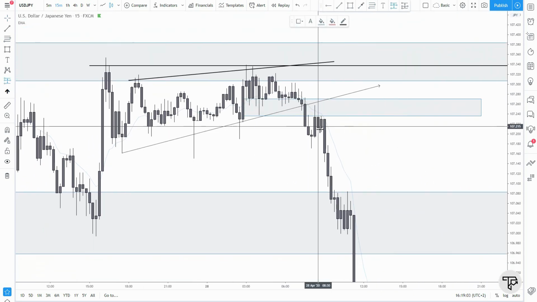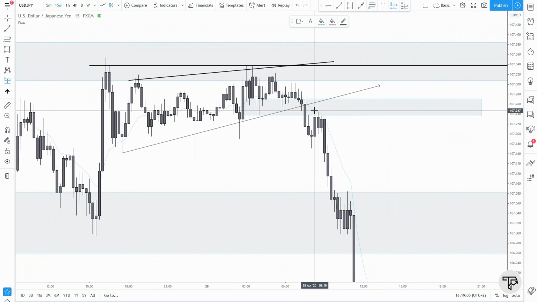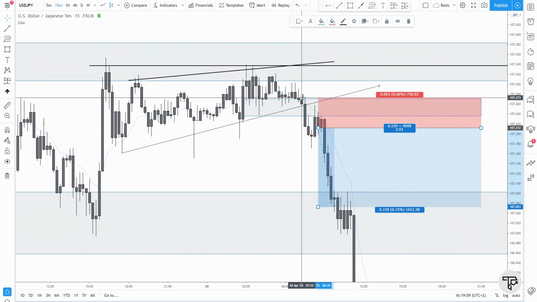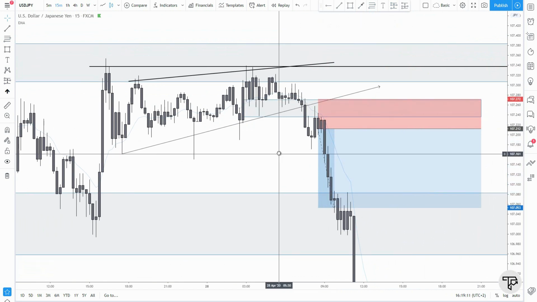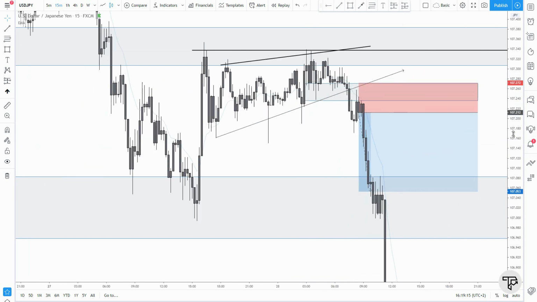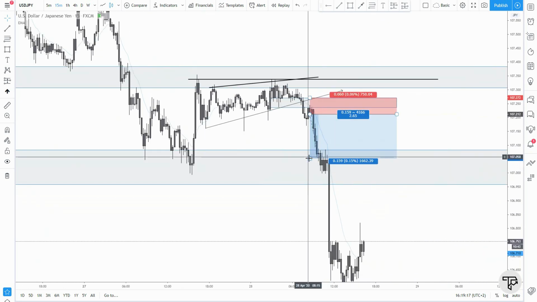It depends how you want to enter. So for example, you can enter at the top like this at the wick. You can be conservative and enter something like this, and this will really influence the R&R. But let's say we entered like this with a 6 pip stop loss. We entered after this candle close. We ride first the price down,